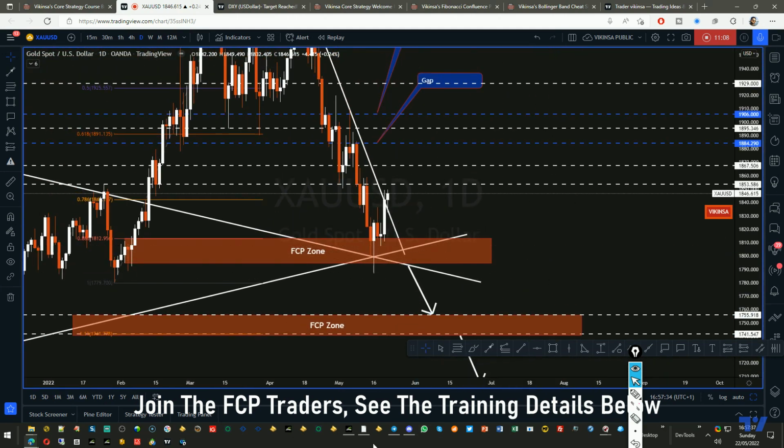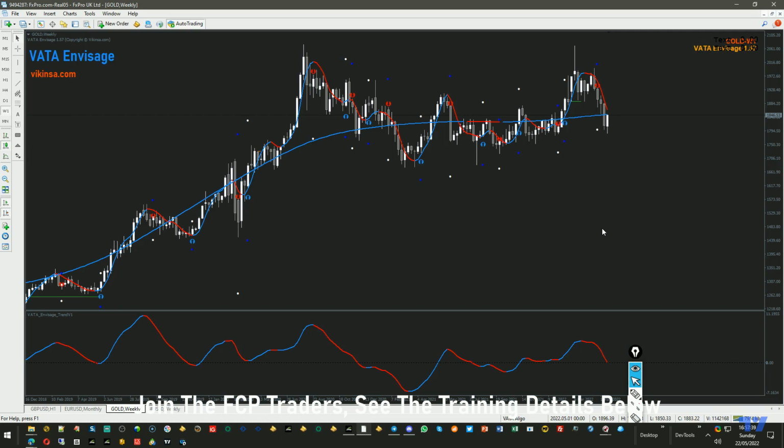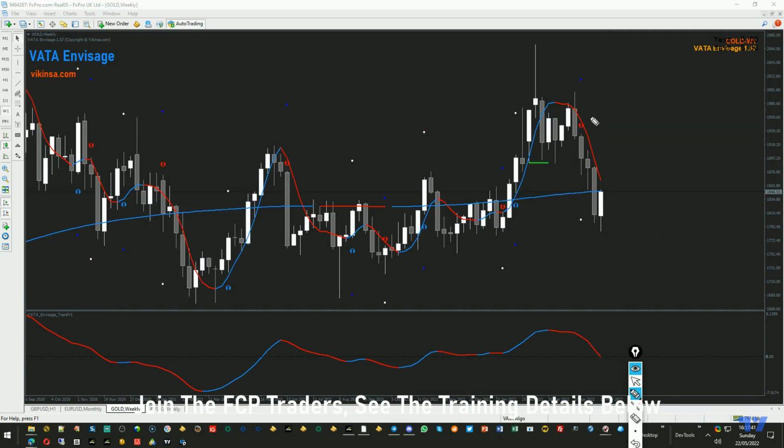Let's look at Vata and Visage. On Vata and Visage, what happened here is that the market gave us a very good short signal. Actually, an aggressive short signal came here on the color change, and the market started to fall. But this was non-aggressive. This was actually an arrow which told us that the market was going to fall down. The first target was on the touch of the water curve, which was reached, and it reached the profit target very nicely. This move was near about $200 on gold.